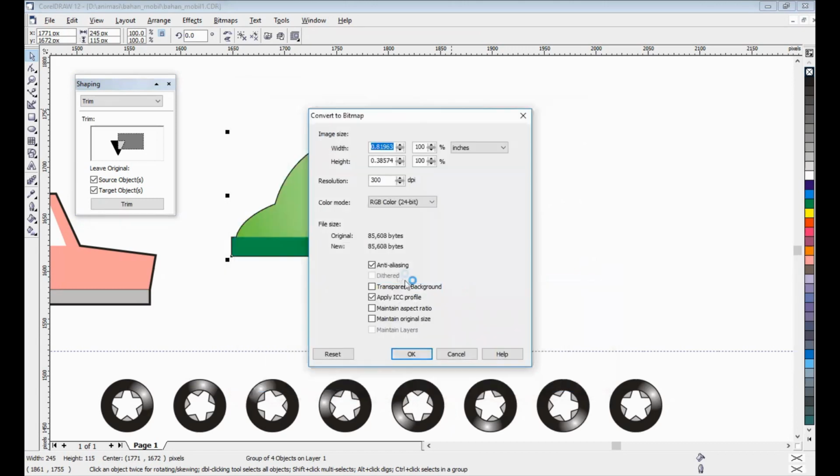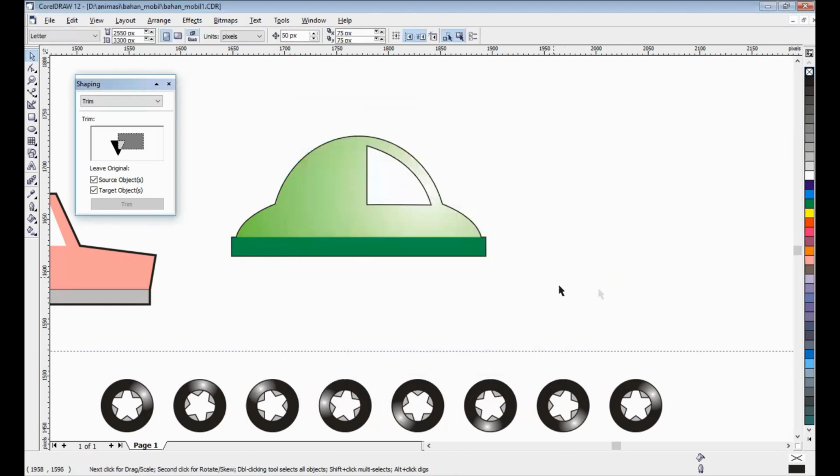Export. Okay, transparent background. Okay, RGB. Okay, that's it. Yeah, but now I want to change the screen. Yeah, that's it.